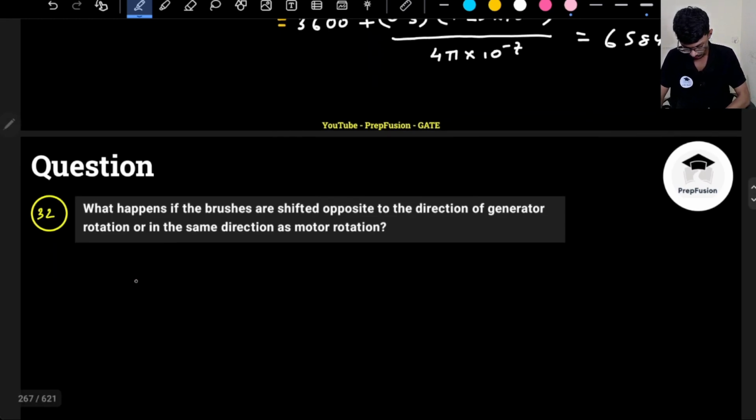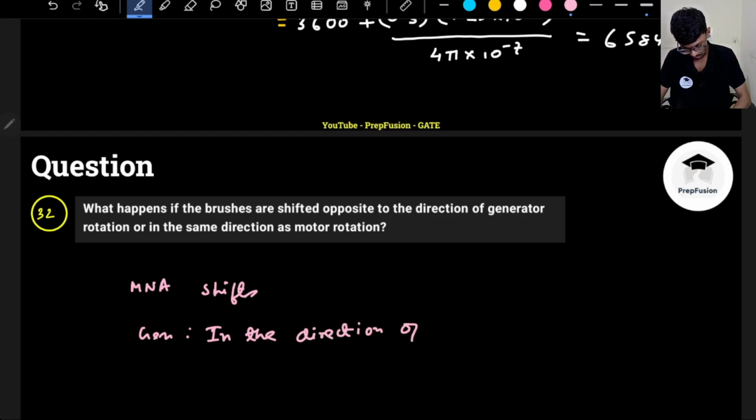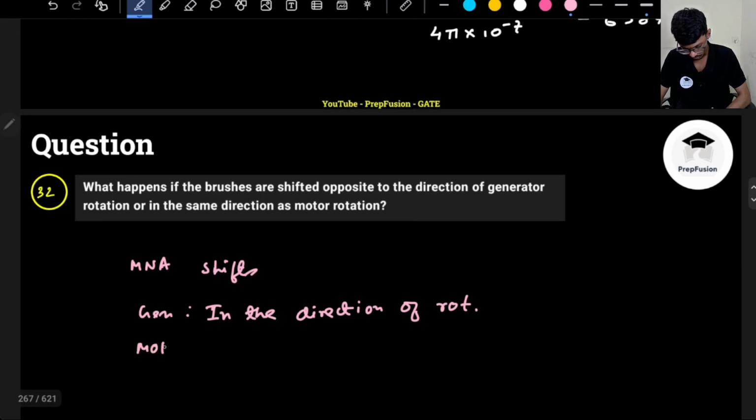So for a generator, the MNA shifts in the direction of rotation, and for a motor, opposite to the direction